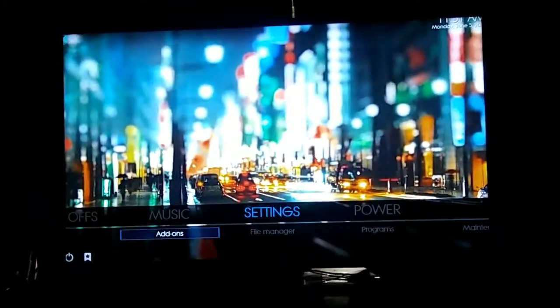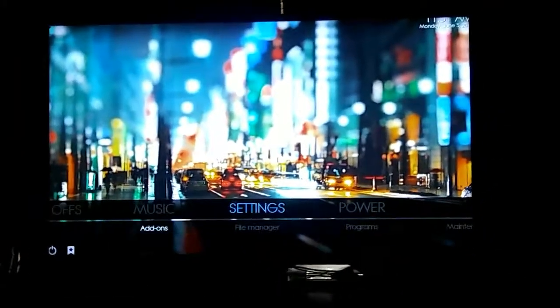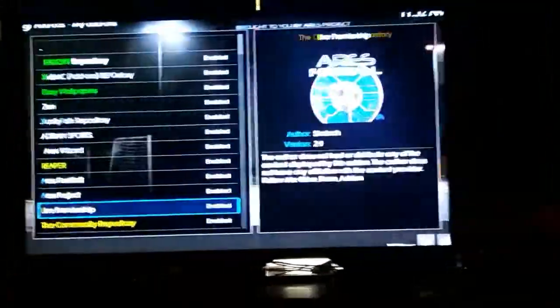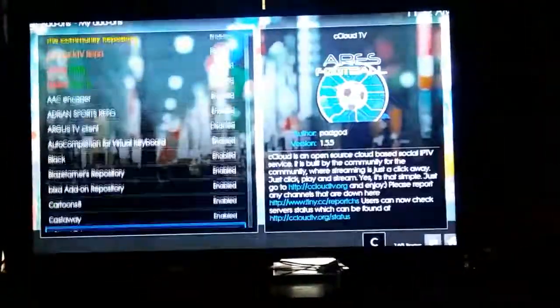You have your settings, which you can go into your add-on section, my add-ons, and all, and you can see everything that's actually on here. I put porn on the Fire Stick, but it is hidden